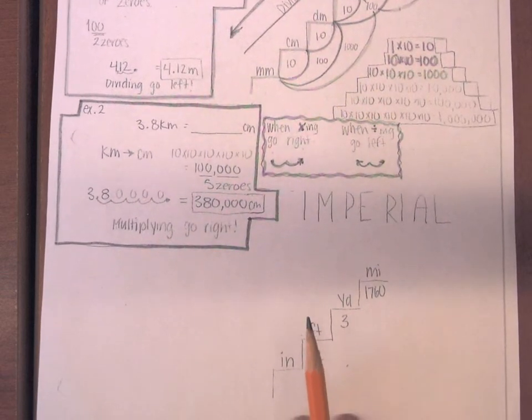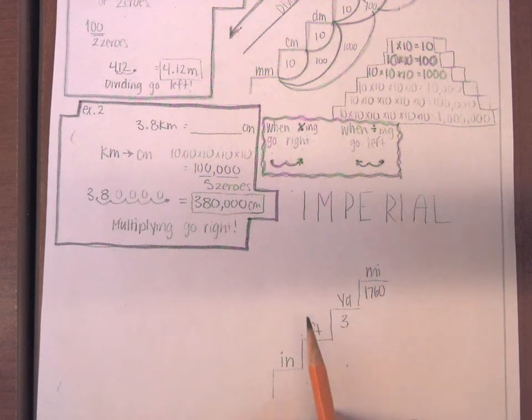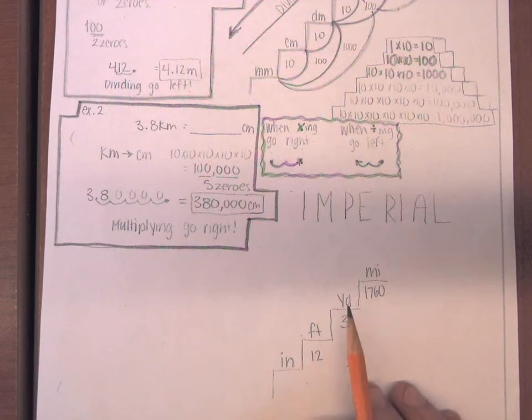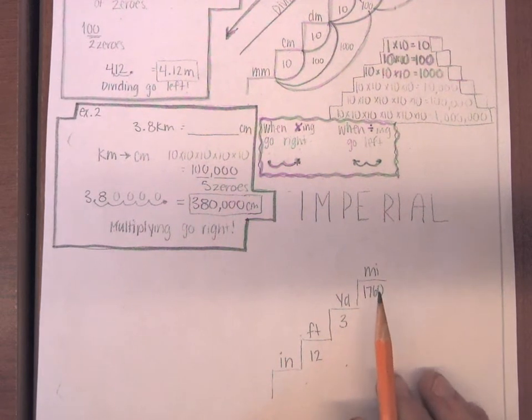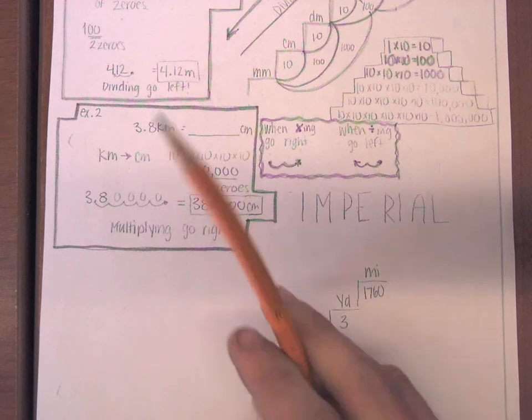So it also works for imperial. In this case, we're going to look at these interesting little steps. So we have inches to feet, feet to yards, yards to miles. So it's not as nicely laid out as the metric, but there are still ways that we can use this. So if we had an example here,